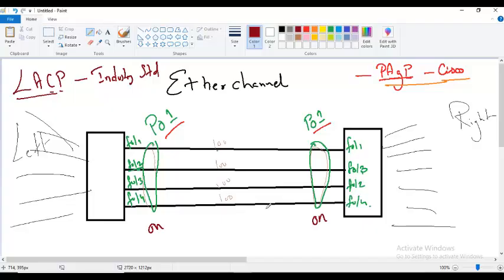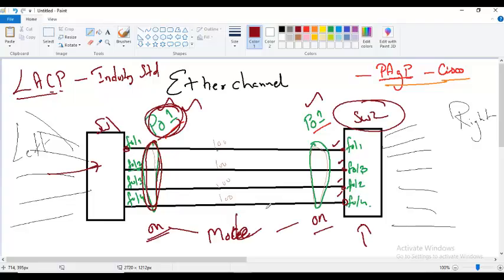But if you wish to use a protocol for bringing up the bundle, you have two options. Either you can use PAgP or you can use LACP. So we manually turn on the port channel